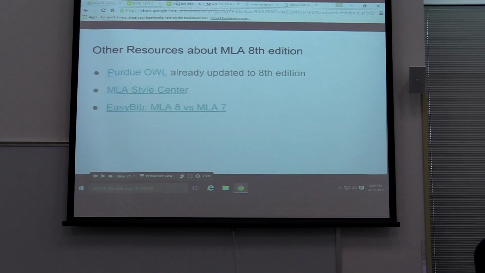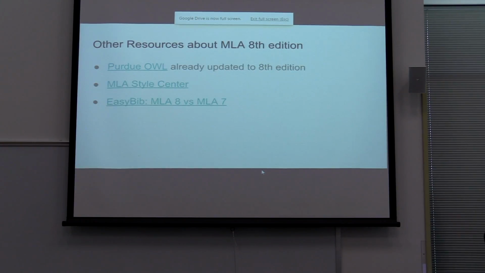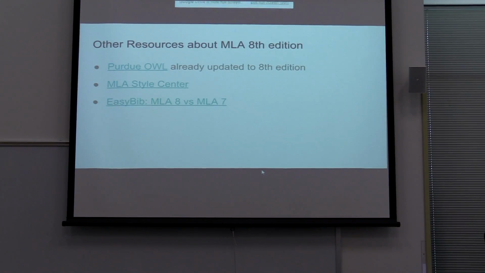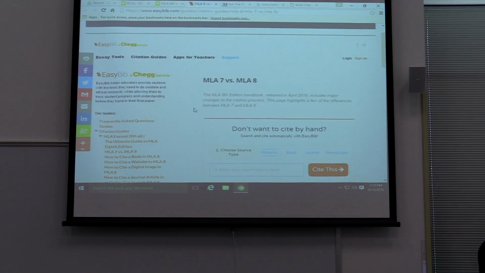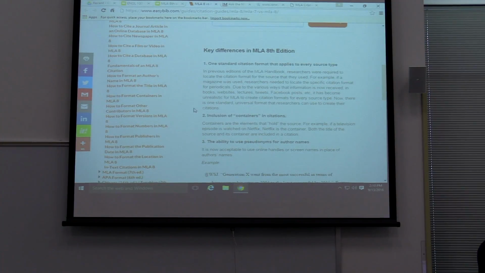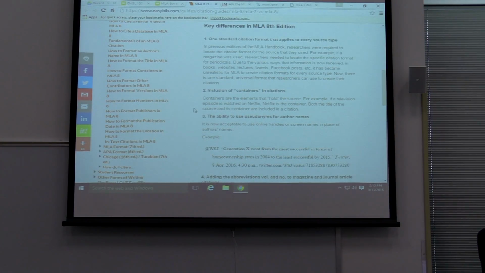And EasyBib is one of those citation creators, which I've gotten questions about in classes. Can I just use a citation creator? What's the point of doing all these worksheets and everything? I could just go online. Well, a lot of those citation creators have not been updated to MLA 8. And EasyBib is one of them that sort of has. It does still ask you things like the place of publication, which I don't even know why it's asking that, but it's the best thing that's around that covers MLA 8,